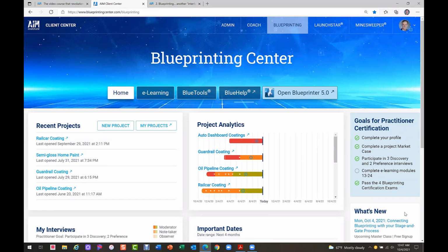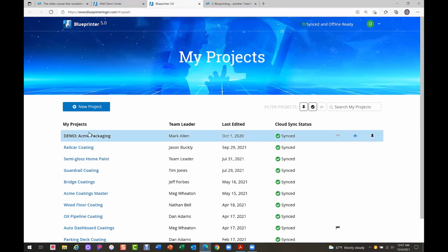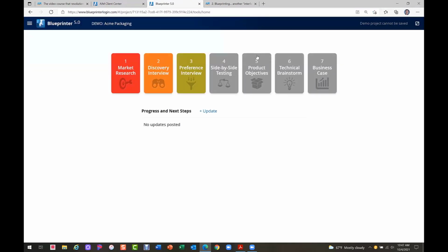So when they are searching, one of the most important things you can do in the customer journey is be assured that when they put in a Google search term, they find you. And I'm talking about really high up on the first page. A key to doing that is knowing what search term they're going to put in. So in blueprinting, we now have this in the cloud, as you guys know,